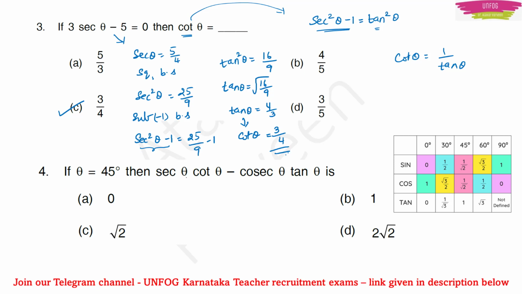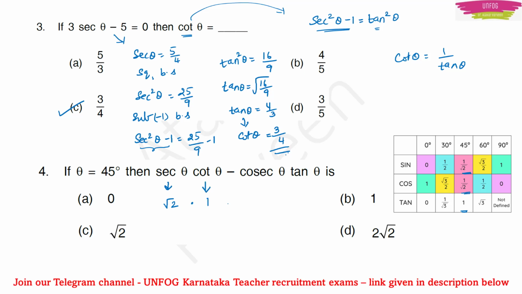If theta is 45 degree, then what is secant theta cot theta minus cosecant theta tan theta? Now, this becomes easy for me because, see, 45 degree is 1 by root 2 for sine and also for cos. And for tan it is 1, correct? Now secant is the reciprocal of cos, that means it will be root 2,